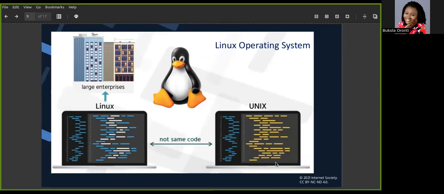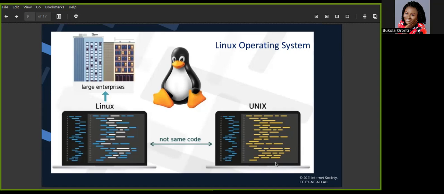Now, the Linux operating system, I'm sure most of us have heard. If we have not used it, we've heard about the Linux operating system. This was an operating system whose idea was borrowed from the performance of Unix.